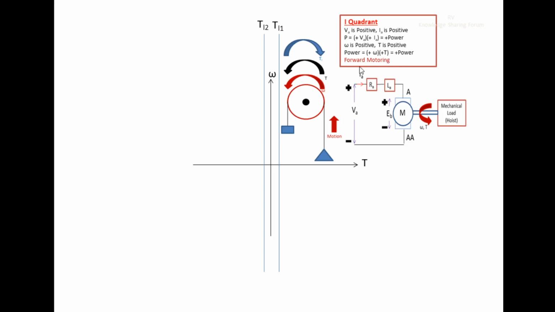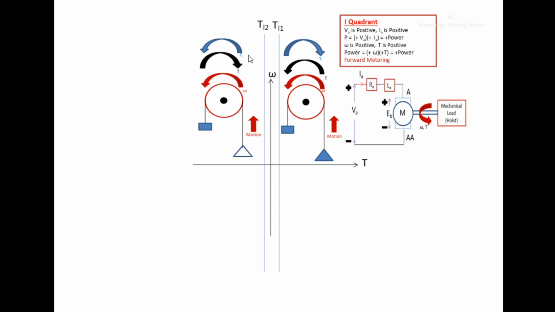Now let us discuss the second quadrant. Here an empty cage is connected to one end of this hoist and a counterweight is connected to the other end of the hoist. If we compare these two weights, the weight of this counterweight is greater than the weight of the empty cage. Therefore the direction of the load torque will be in the